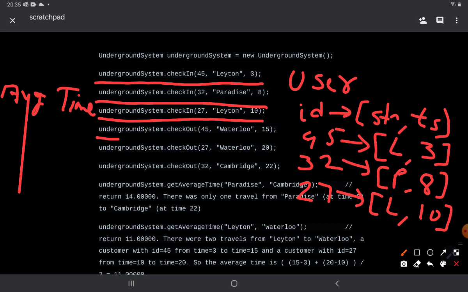Then the user 45 checks out of Waterloo. So when we have a checkout call, we will check in this map, is there an entry already there with 45? So yes, over here we see that there is an entry with 45. So we know that this user 45 had checked into Leeton at timestamp 3, and now is checking out from Waterloo at timestamp 15, which means that in the average time map we can put something like the time taken to reach from